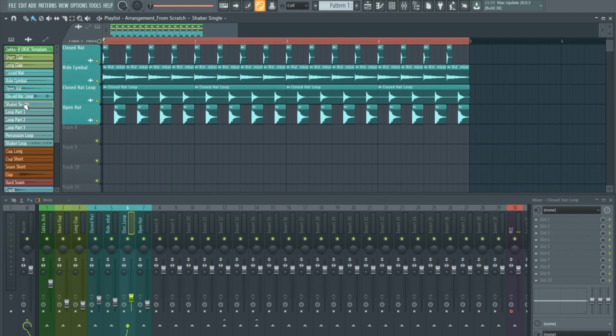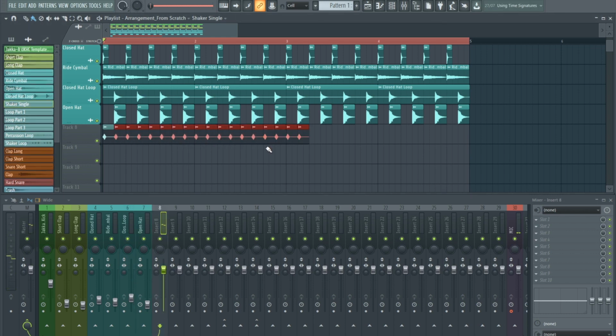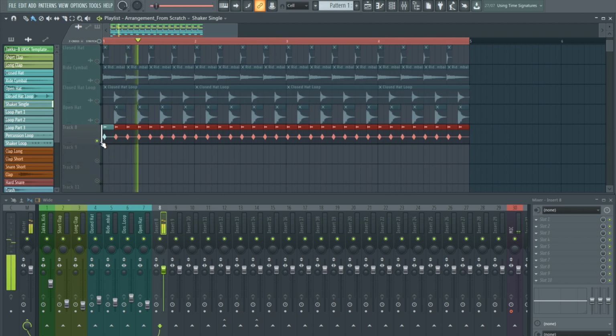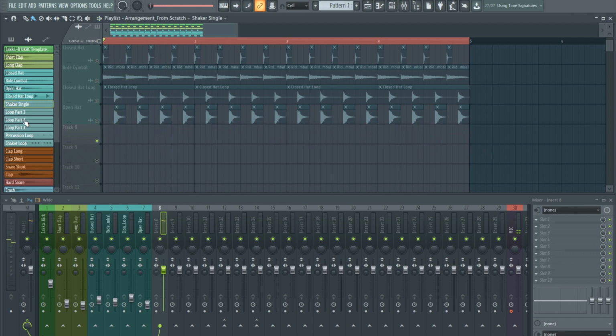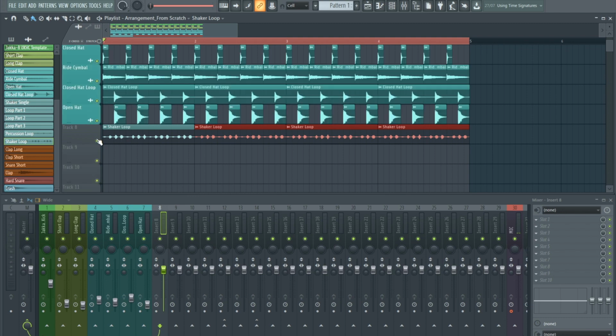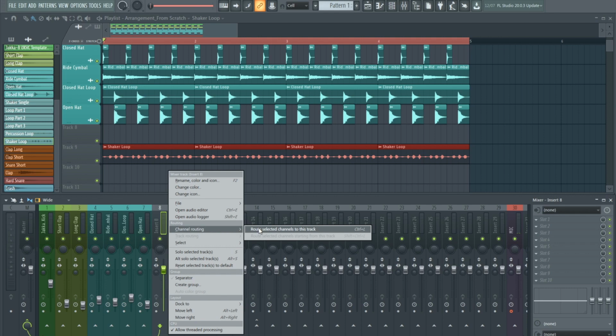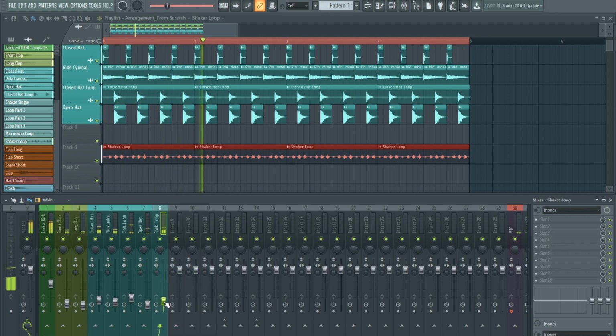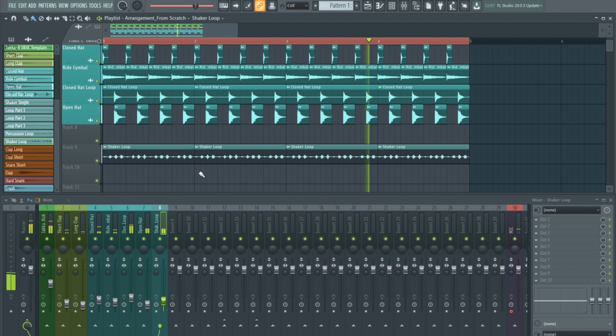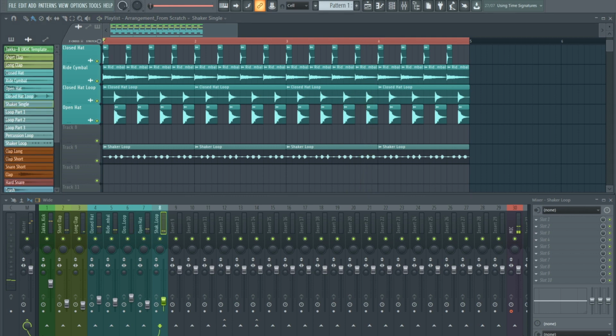So a shaker sound like that. In fact, sorry, double that up. And I've also made that into a loop to show you how that would work. Pace. Now, what I've done with that shaker loop